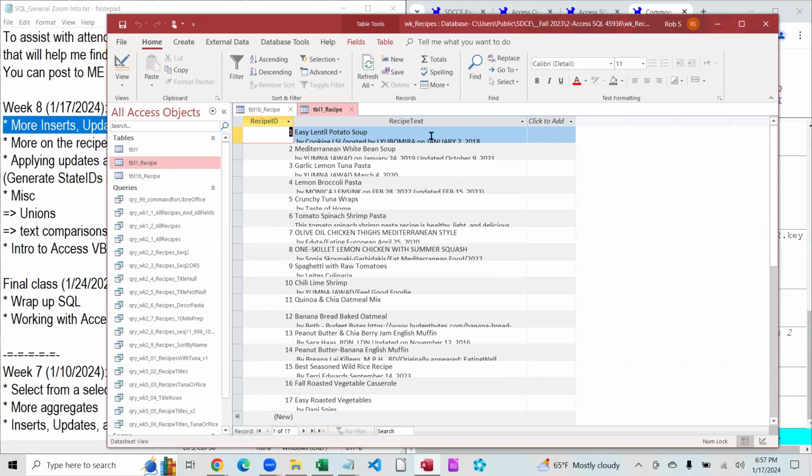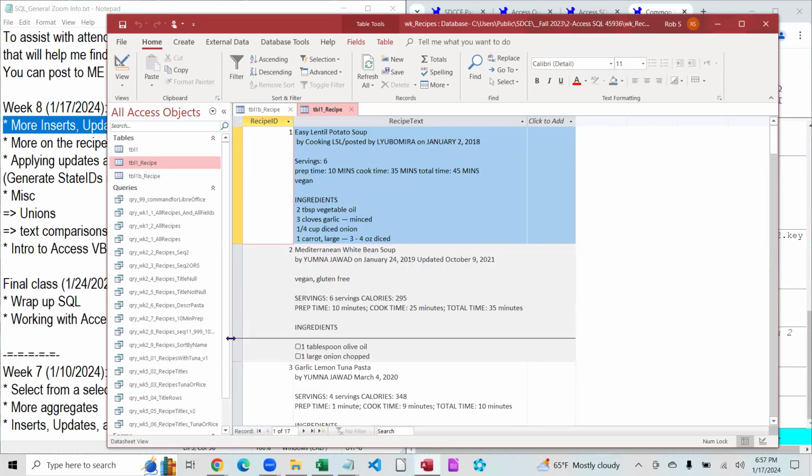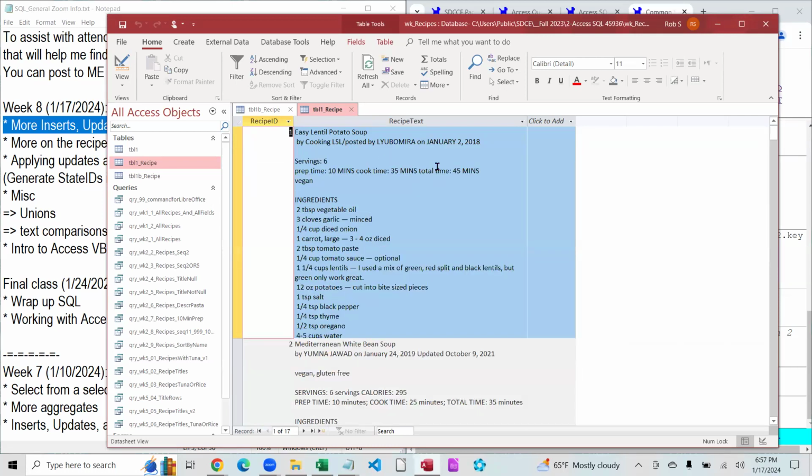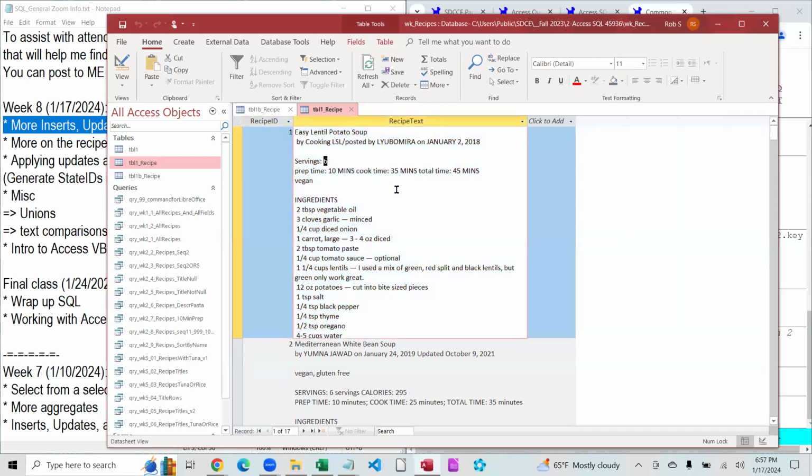And all of this had a lot of data, but it was really too much data. If you look, it's basically the entire recipe over there. And we realized that's not really practical for doing certain things, like if I want to find how many tablespoons of oil, find all the ones that use oil and how many tablespoons. It's not really practical for that. Or how many servings. It becomes hard to find it because this is just arbitrary text. So the next iteration was, let's take it out of there and migrate it to